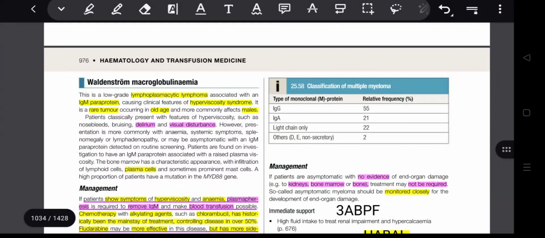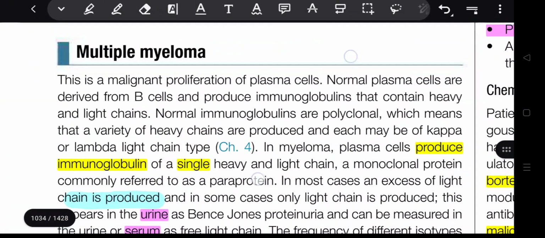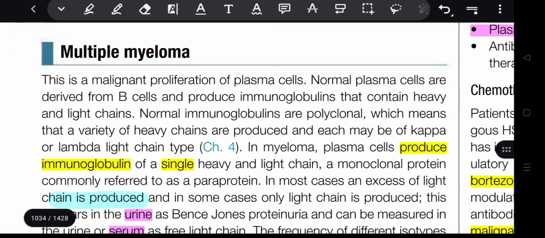আজকে আমরা শুরু করব ডেভিডসন 976 পেজ হেমাটোলজি। আমরা শুরু করব মাল্টিপল মাইলোমা।